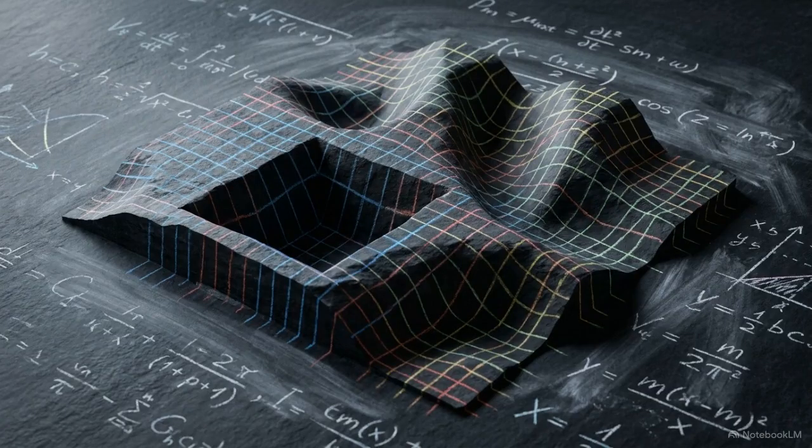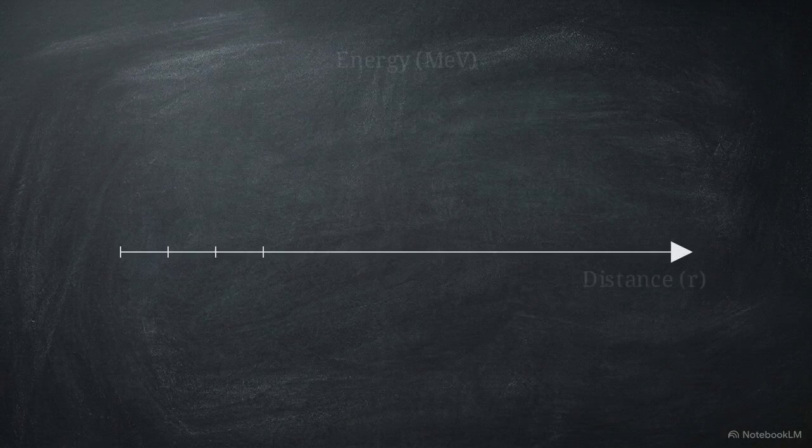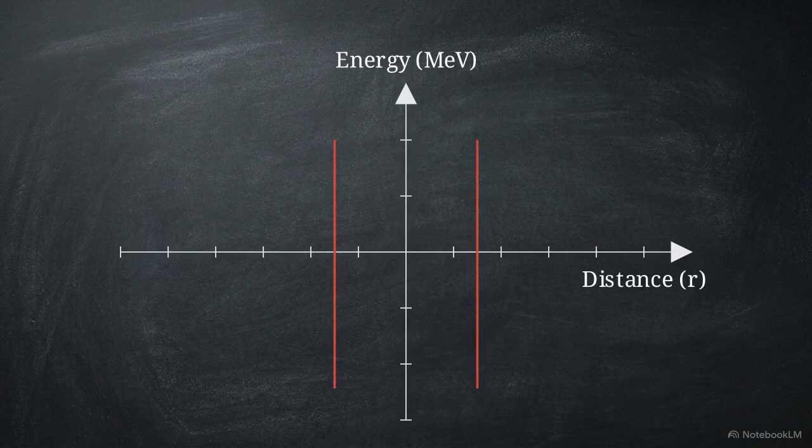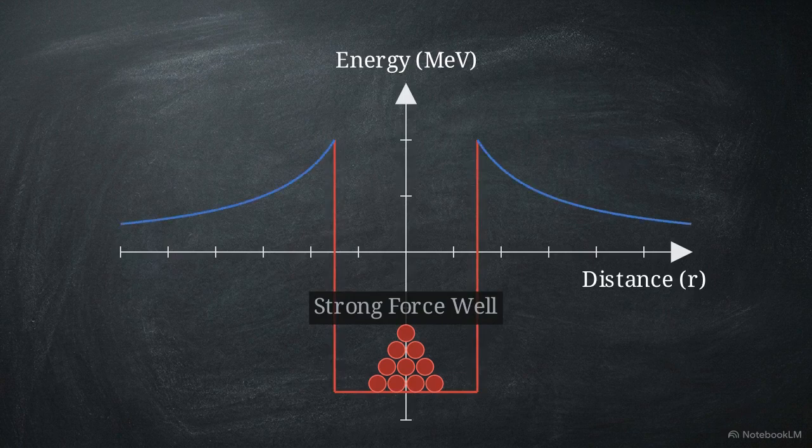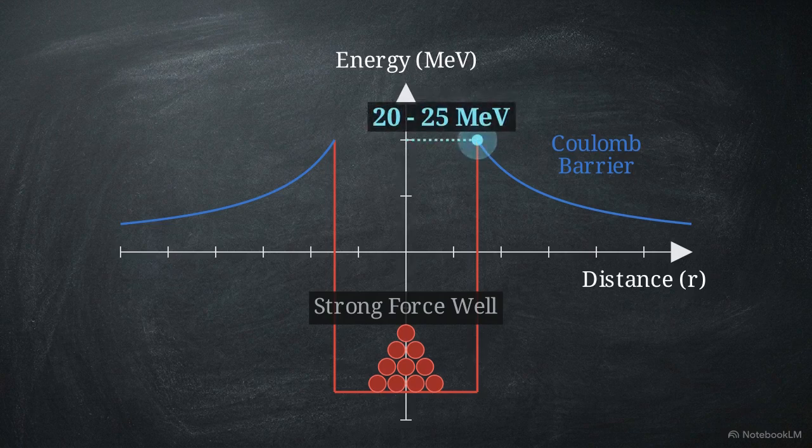We can map these opposing physical forces into an abstract energy landscape. This model depicts the boundary of the strong force as a square potential well. It forms steep energy walls that confine the nucleons. The repulsive Coulombic potential acts as the exterior of this barrier, represented by a declining curve falling away from the wall. The peak of this combined barrier requires an energy of roughly 20 to 25 mega-electron volts to cross.